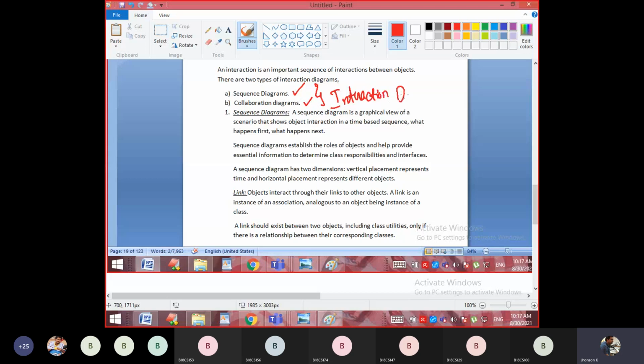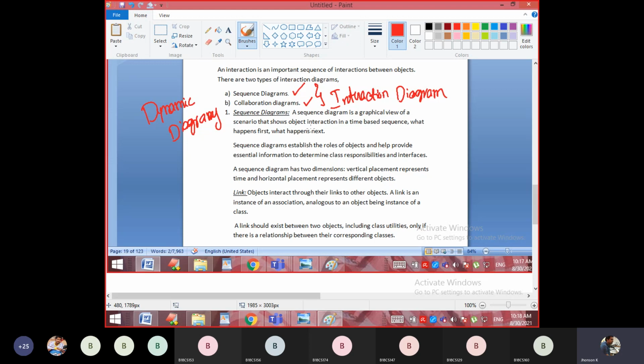Then the sequence diagram and collaboration diagram are dynamic diagrams. We are showing the execution process, representing the communication between the objects, and showing how the interaction is done between the objects